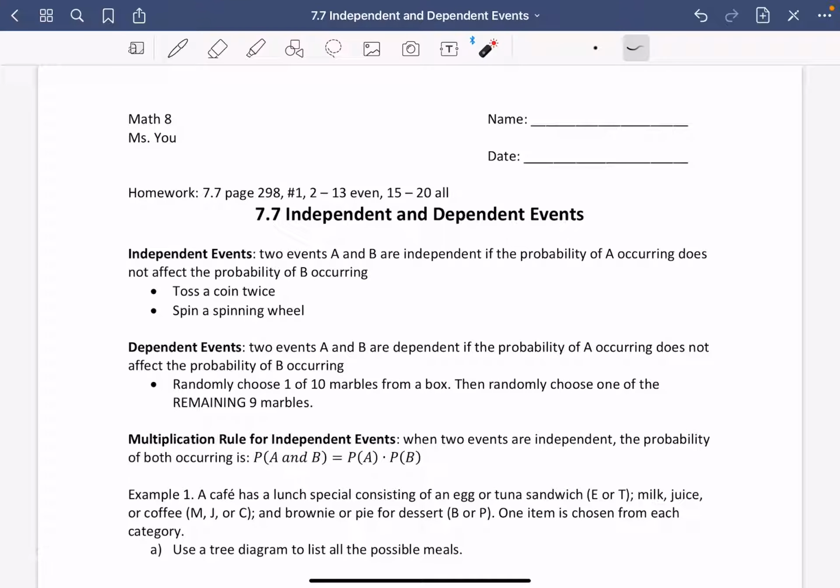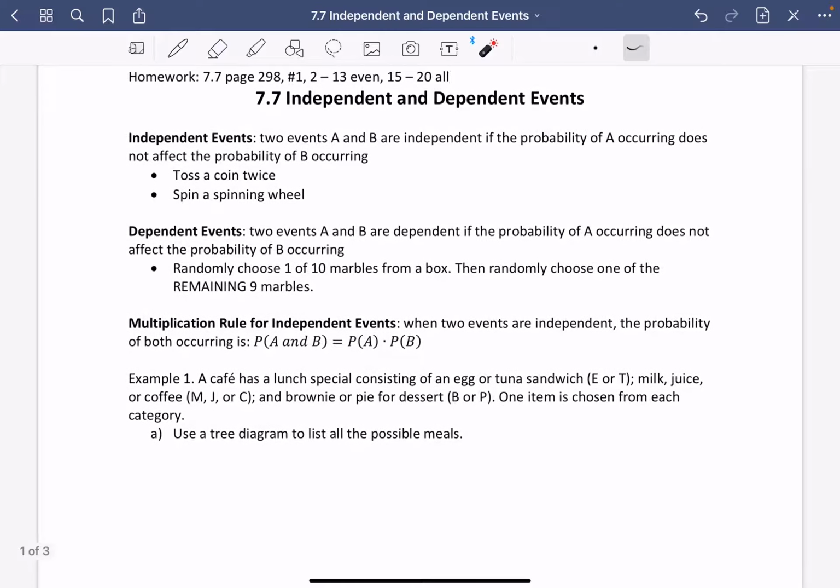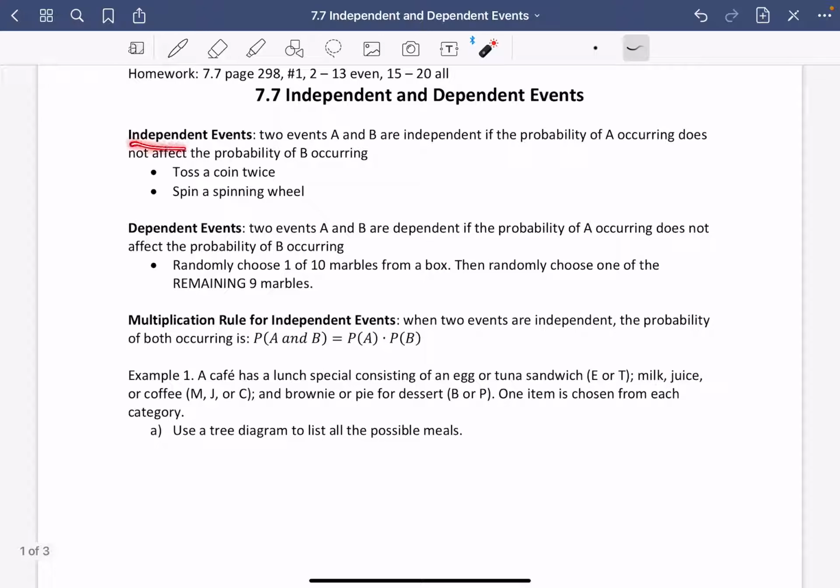Hello everyone, today we'll be going over section 7.7, independent and dependent events. What do they mean? Okay, first of all, independent events. Two events A and B will be independent if the probability of A occurring does not affect the probability of B occurring. Let's say, for example, if you toss a coin